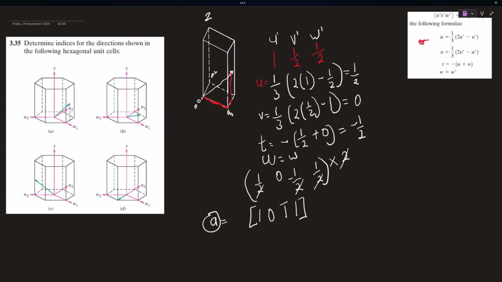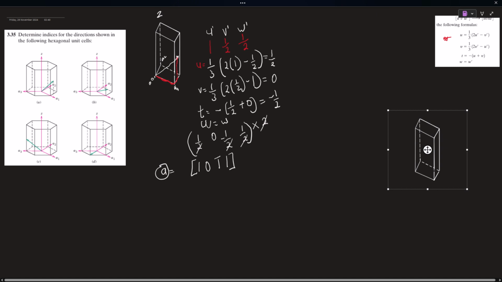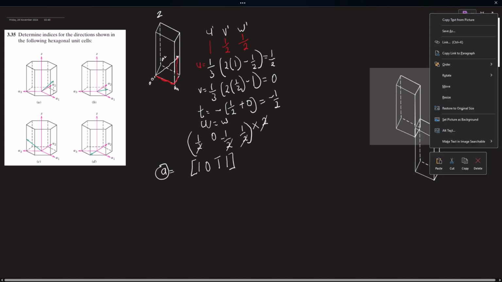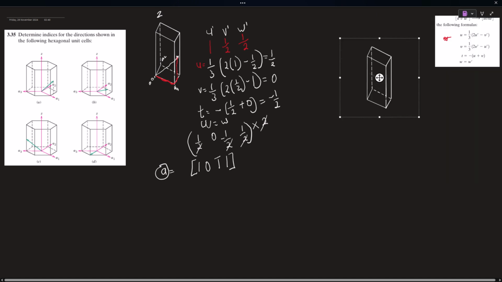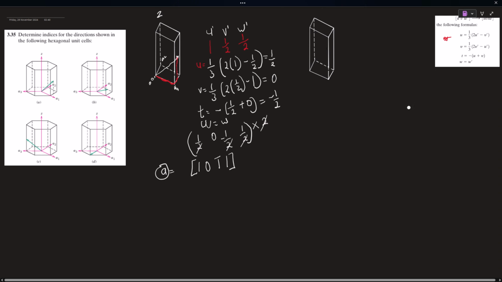A is equal to this. So let's go ahead and solve for another one. Let's solve for B. Okay. So solving for our B,